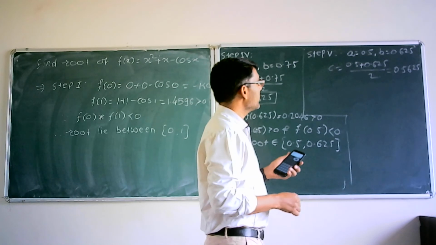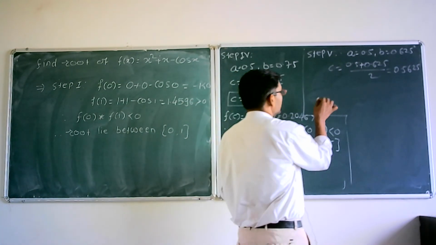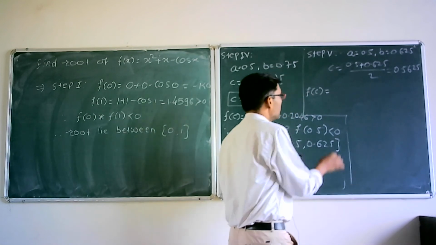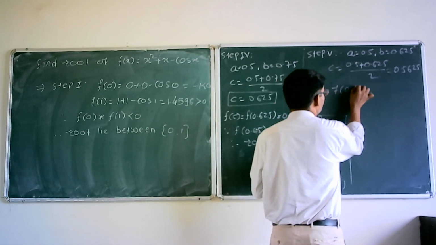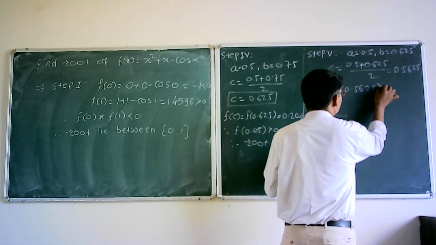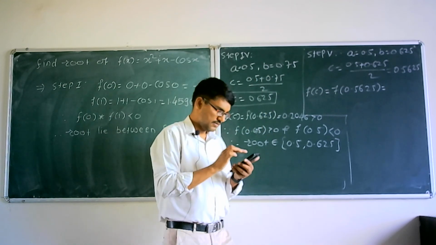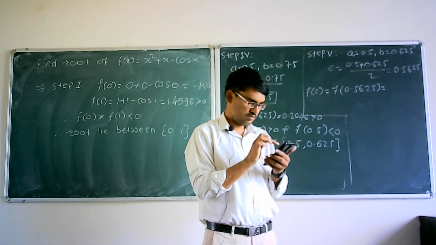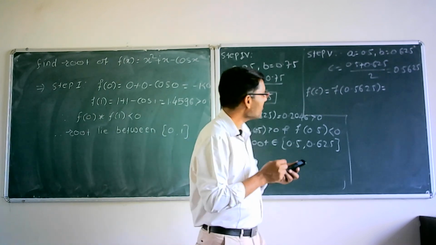So 0.5625. Our next step is to determine f of c. So f of c is what? F of 0.5625. If you find it